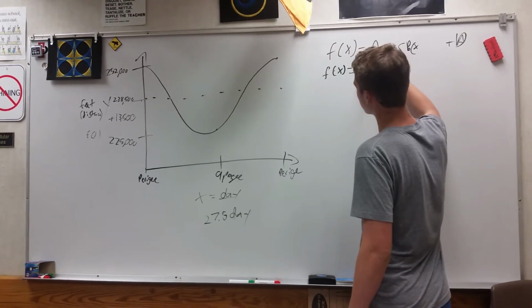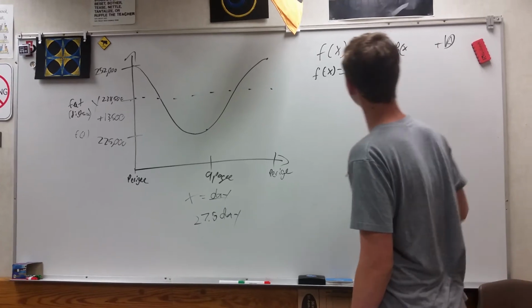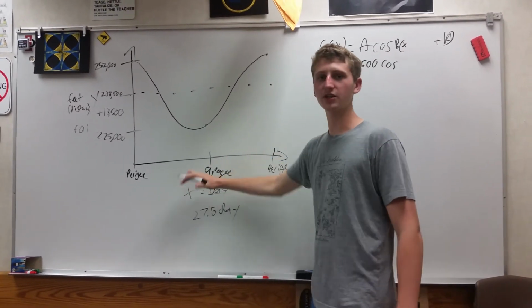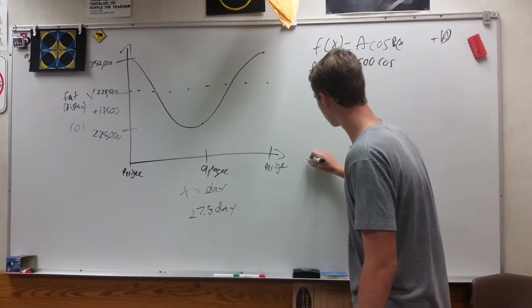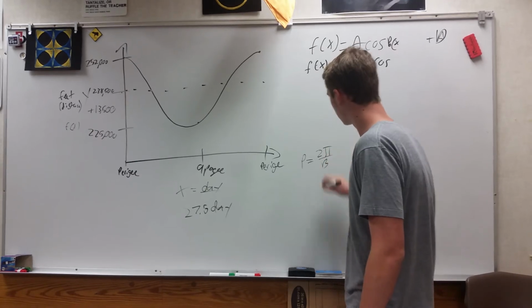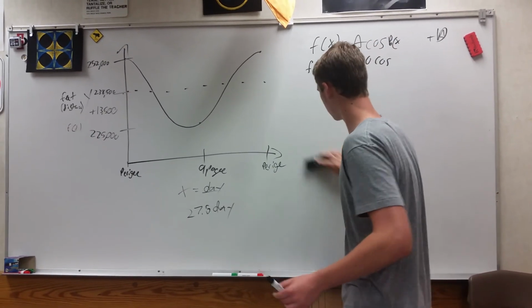F of x equals 13,500 cosine. Now what's B? B is going to be representing the period. So the period is 2 pi over b. But in order to divide, doing the math, it ends up being